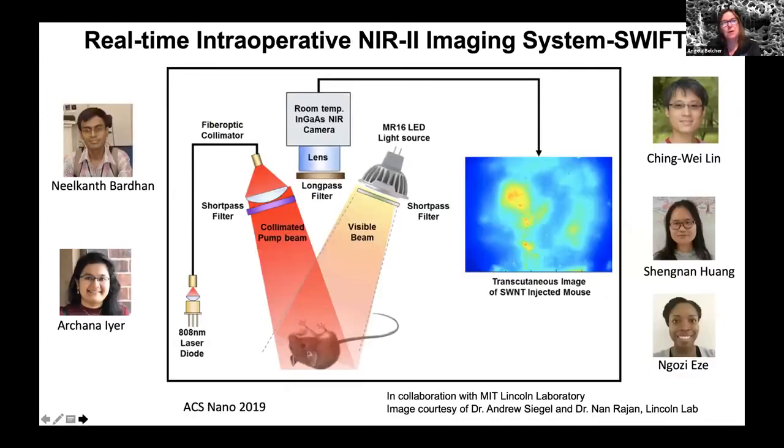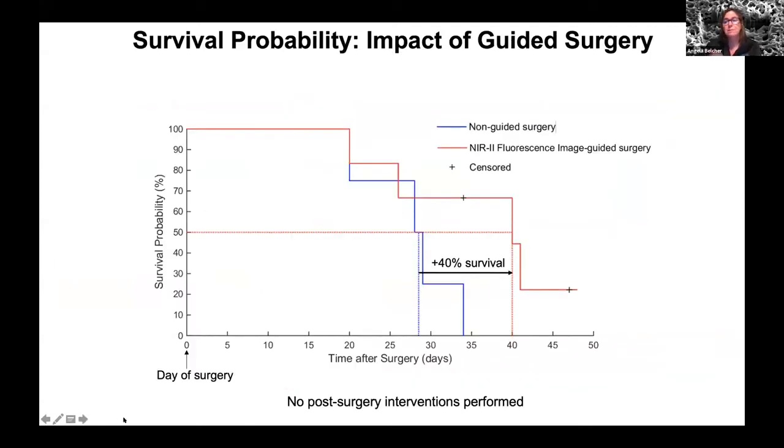We went on to build a real-time surgical guided imaging system with Lincoln Labs, MIT Lincoln Labs and Mass General, where we could help surgeons find the tumors pre-surgery and then help them during surgery to remove very small tumors. These are tumors that are millimeter-sized tumors. And by doing that, we were able to have a 40% increase in survival rate of the